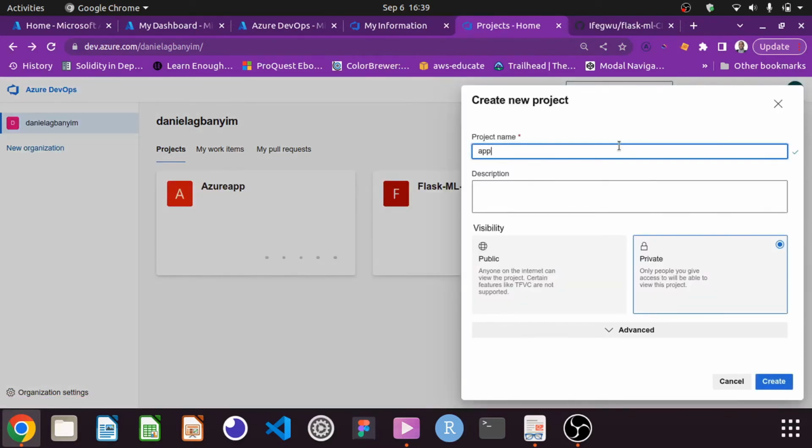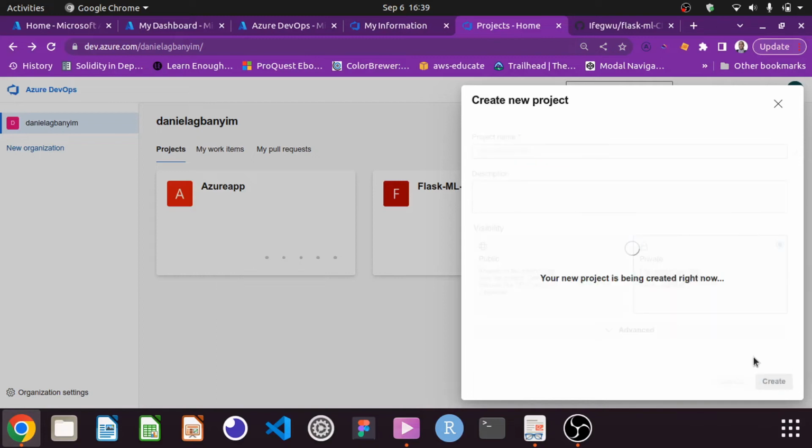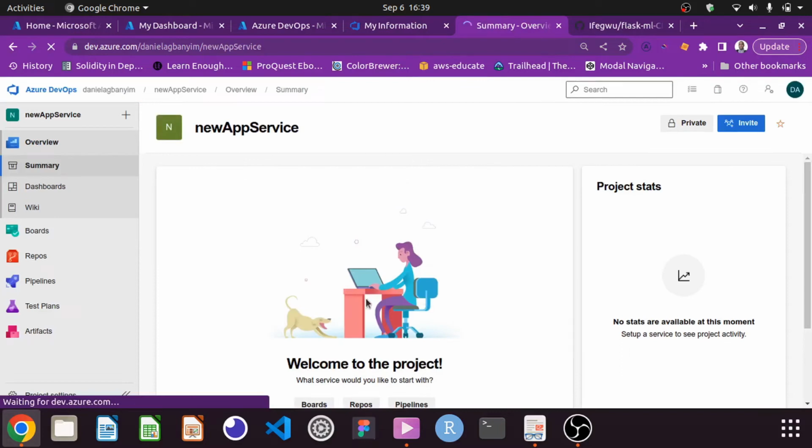App service, new app service. I'll leave it private. Remember, your repo has to be private for it to be private. If it is not private, you have to make it public, but it's easy to do the changes after you have done everything. So having created your new app service, which coincidentally is named new app service,